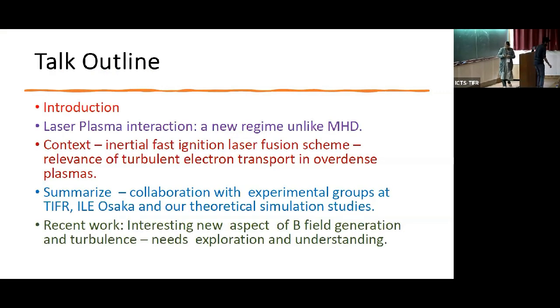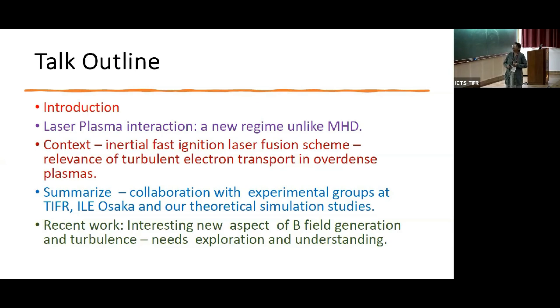So this is my talk outline. I'll start with a brief introduction. I'll talk about laser plasma interaction and how this is a new regime compared to MHD, which the audience here may be familiar with. And I'll concentrate